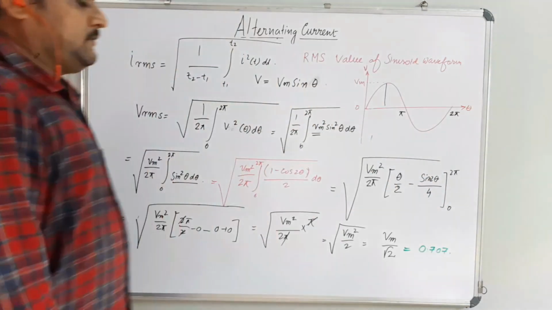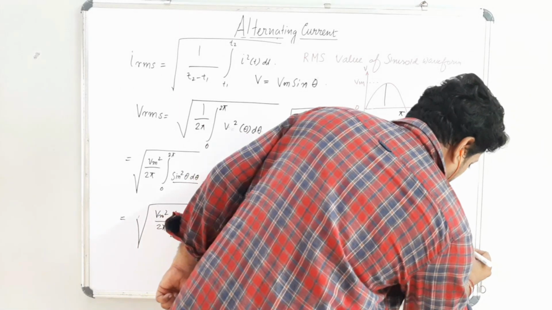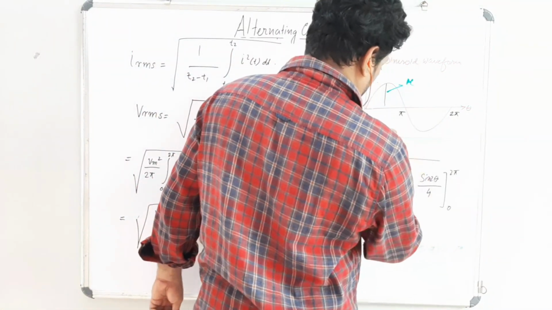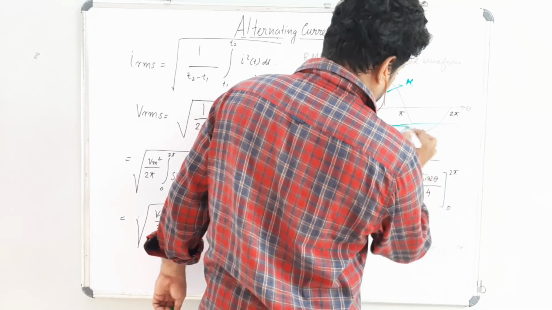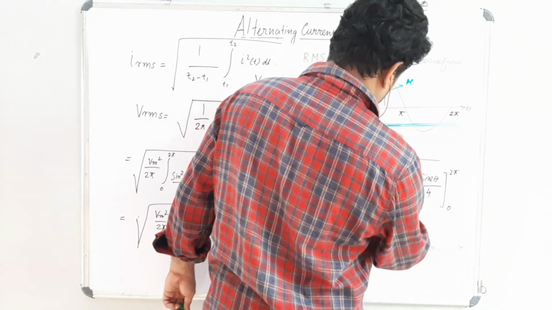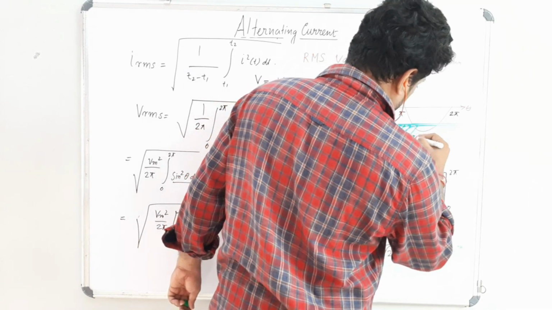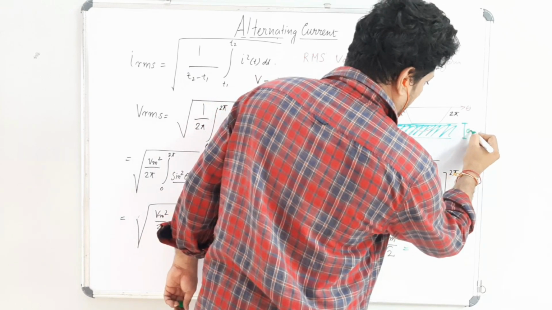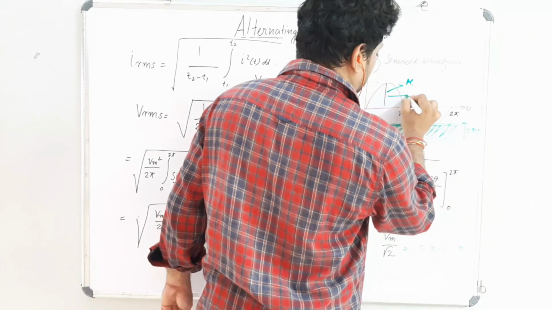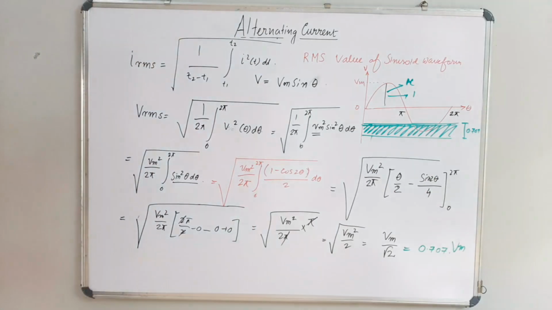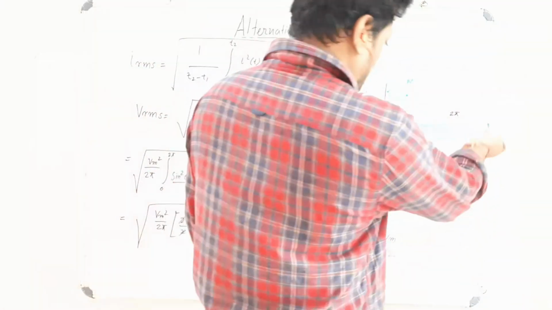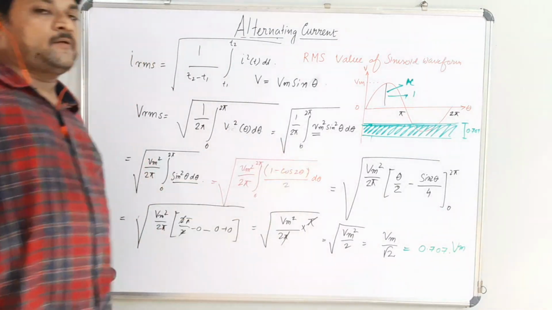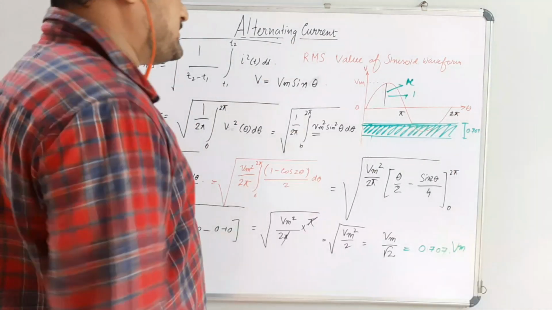It is equivalent to 0.707 of Vm. It means that in AC, if you convert it into the equivalent DC, which produces the same amount of heat, then this magnitude is 0.707 if the AC peak is 1. So root 2 times the DC is needed to produce the same amount of heat, or to get the same amount of work done against a constant resistance R.